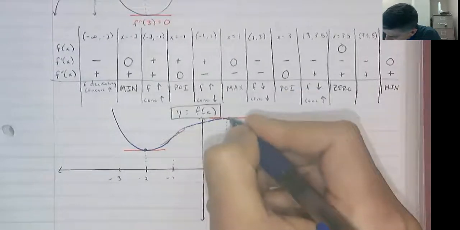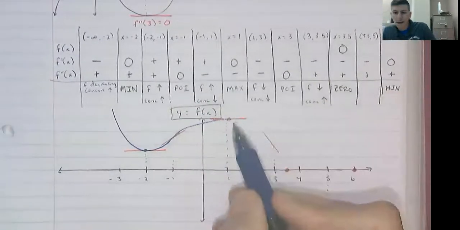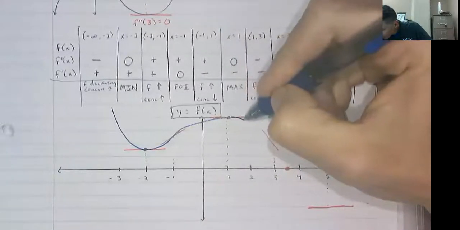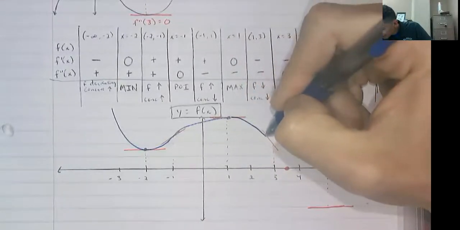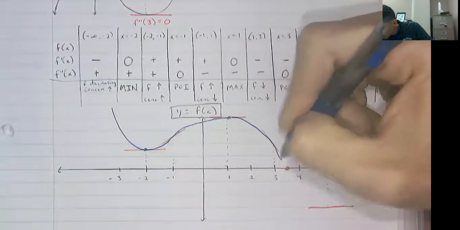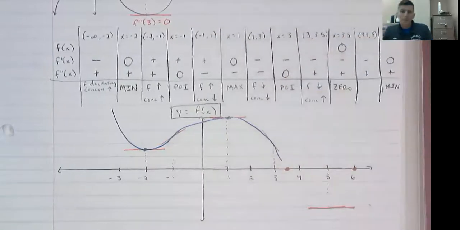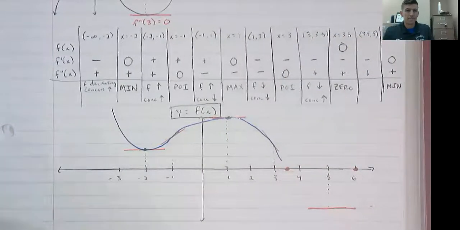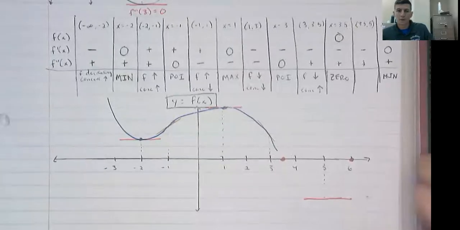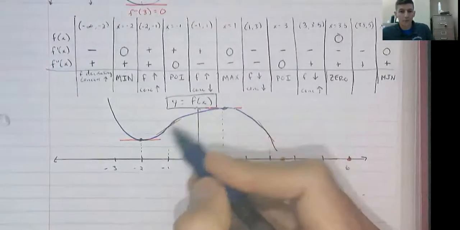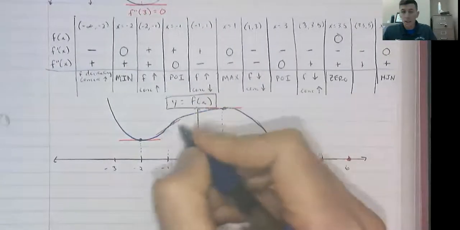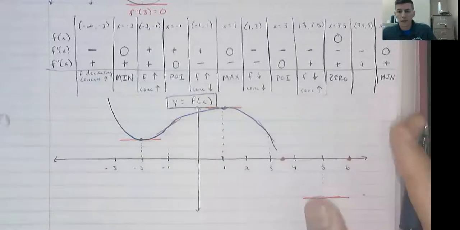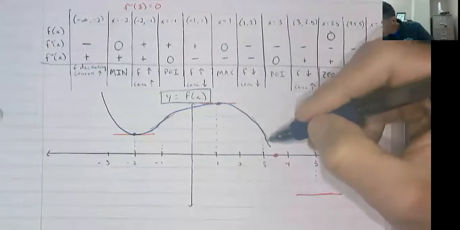We then hit that maximum at negative 1. Still concave down until 3, and then we get that subtle shift to concave up. The points of inflection are tough to fit sometimes, so just do the best you can and make sure you're being clear, like, okay, here's the point of inflection. Don't make me guess. Then we're concave up,